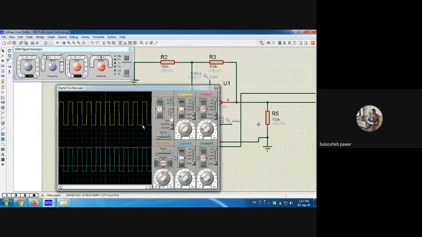So what we have to do, as we know, is shift this square wave by one peak. That means the negative peak should get shifted to the x-axis. Its amplitude is known to us, and that is 5 volt. It is a 5 volt peak signal, meaning 10 volt peak to peak.